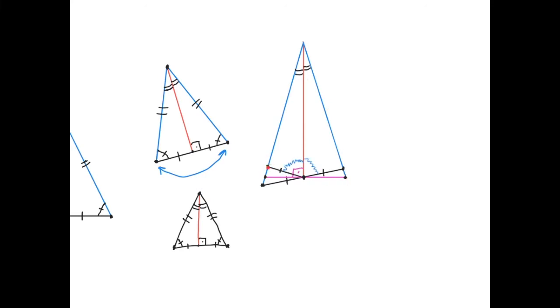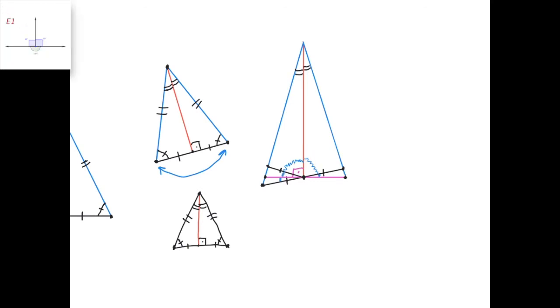Now let this point be the reflection of this point with respect to this line. Then we know that this length equals this length, and we know that this angle equals this angle. And now, since this angle is 90 degrees, and this angle is 90 degrees, and this angle equals this angle, we get that this angle equals 90 degrees minus this angle. And since this is a straight line and this is a straight line, we get that this angle equals this